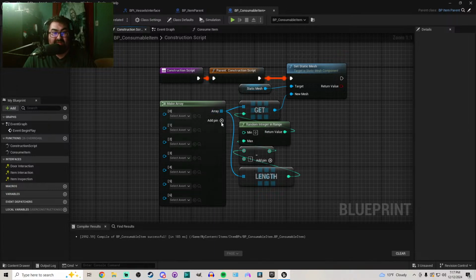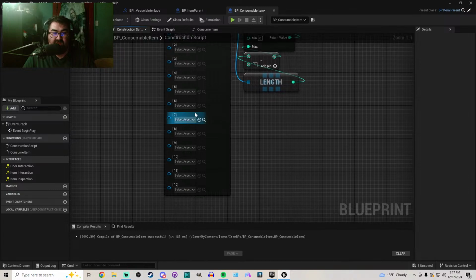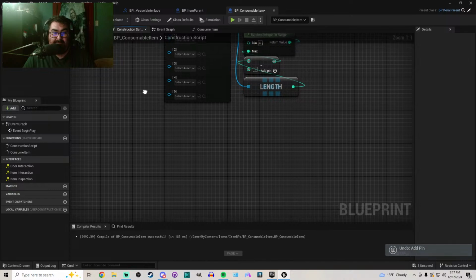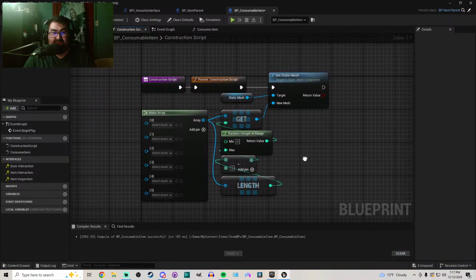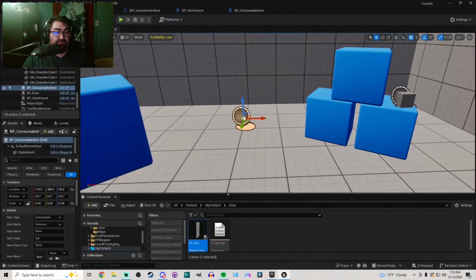That way, no matter how many of these I add, I could add 50 million of these meshes into this array, I'm not actually going to do that, I don't have to change how it selects the random mesh. It's all handled by this, and this accounts for any changes to the size of the array. Alright, simple enough. So I actually do have food